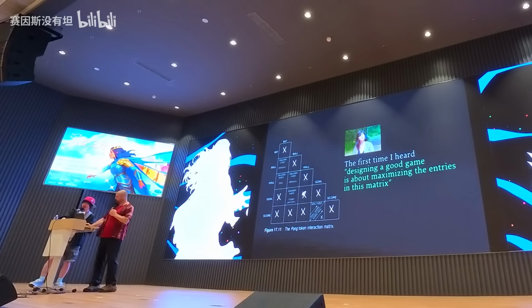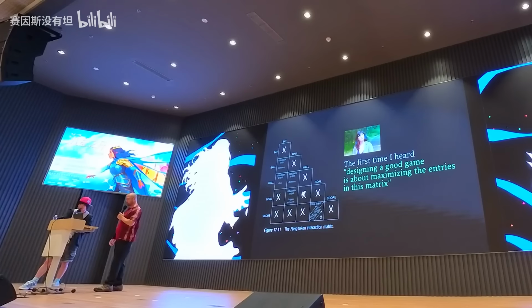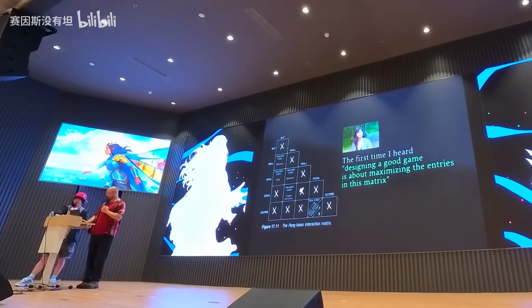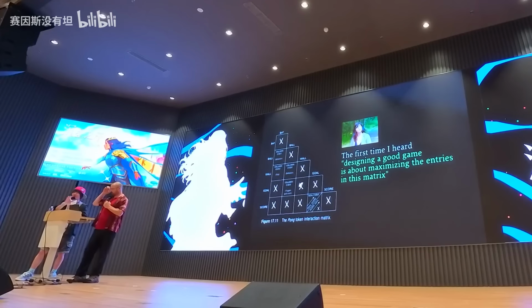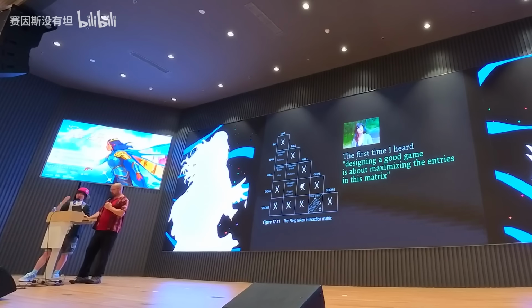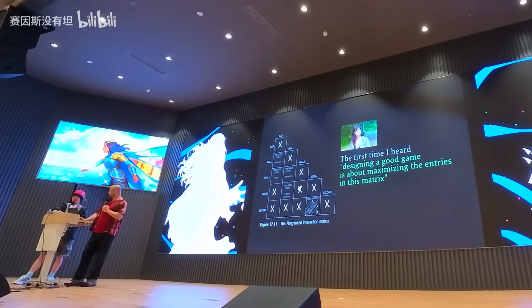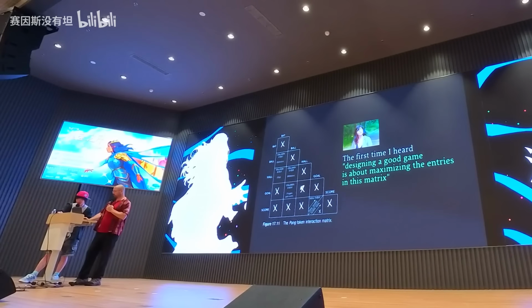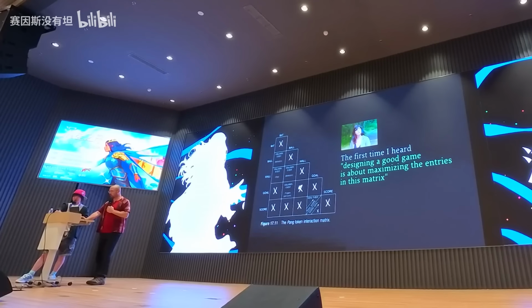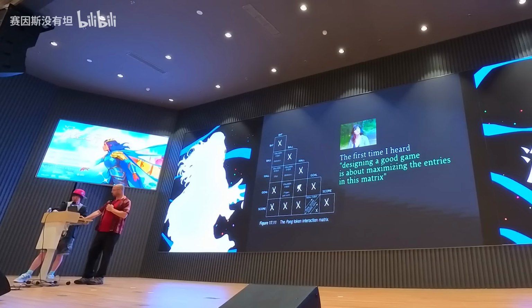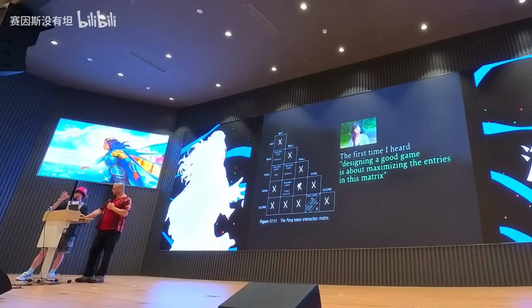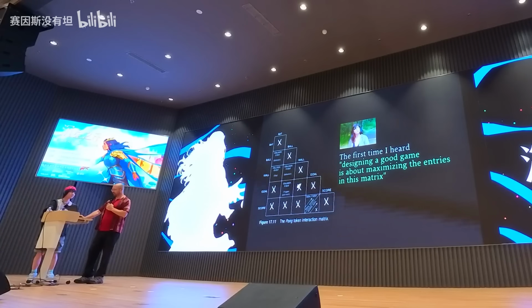OK，其实这里是很重要的一点，就是我之所以要提到这个东西，是因为我第一次在刚才提到的传送门的 Kim 的演讲里面，是我第一次听到这个思维方式。如果你希望你自己的游戏足够好，然后有丰富的内容，然后有很强的互动性，那么你应该尽量的去增加这个矩阵里面有效的互动的条目。